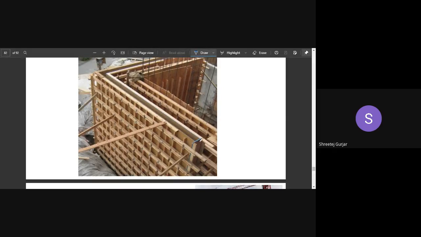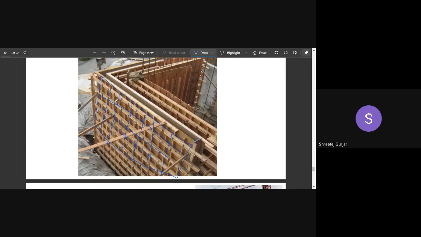Okay, so boards are nothing but this plywood. We can see these are made up of steel, right? These boards can be made up of steel, or they can be made up of timber, plywood. So these boards are what is mentioned in the table, in your second column. These boards need to be supported by these battens, right? These boards cannot be held in place by their own self weight. They have to be supported by these battens.